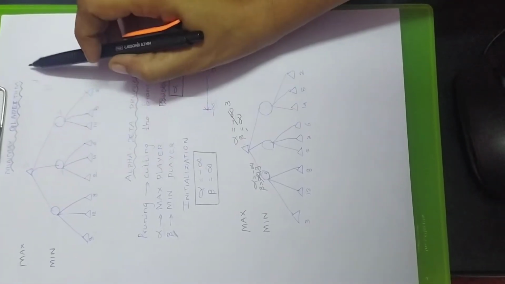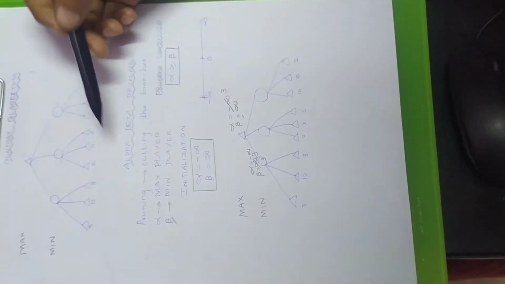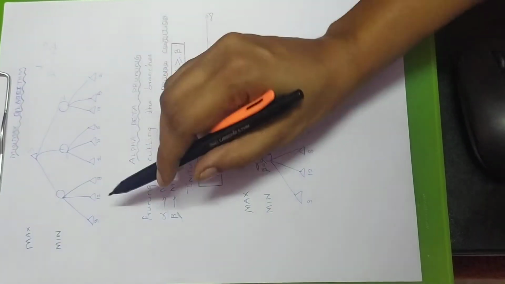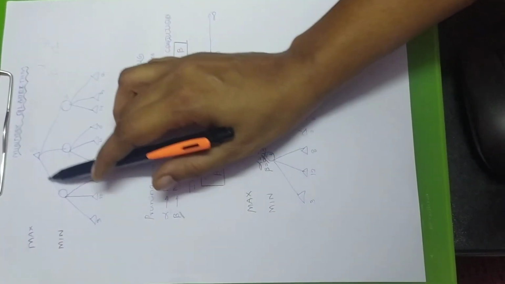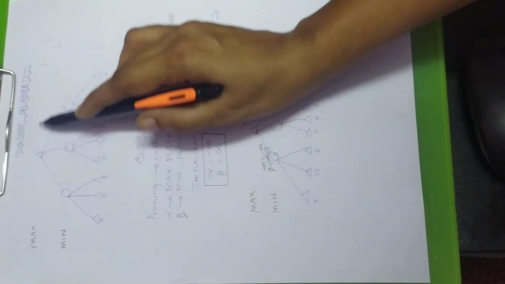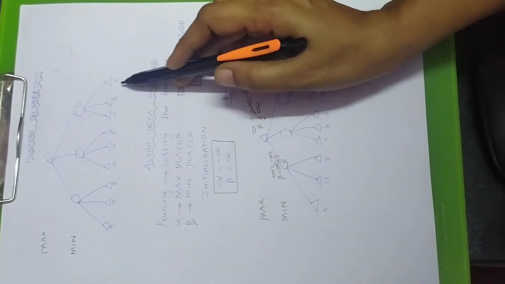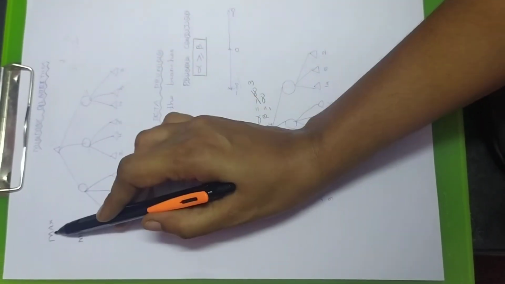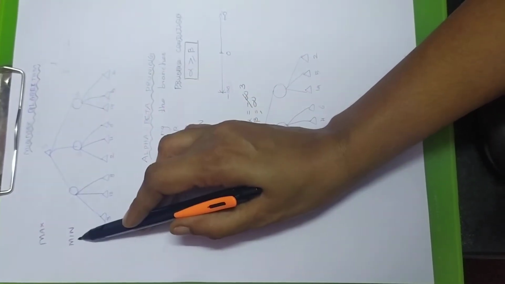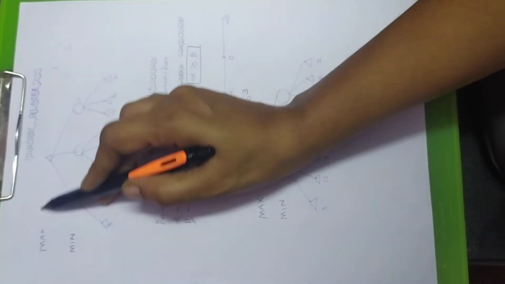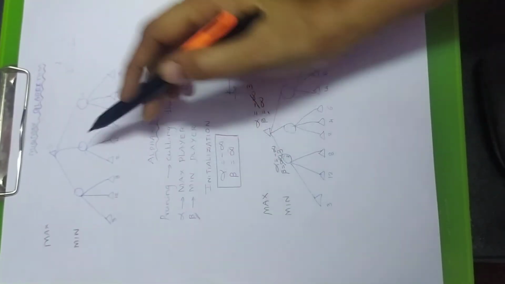There are two algorithms available in game playing. One is the min-max algorithm and the other is alpha-beta pruning. Let us see the min-max algorithm. For that, we are considering a state space tree with the utility values available in the leaf nodes. Initially, we have to specify the max player as well as the min player. Here at the first level we specify a max player, and in the second level a min player.